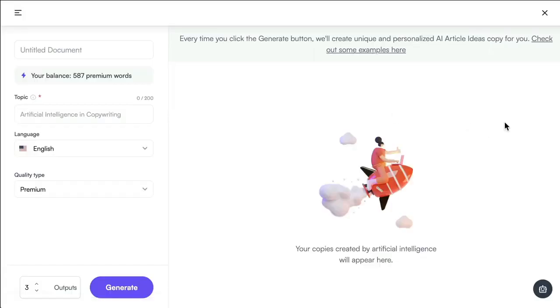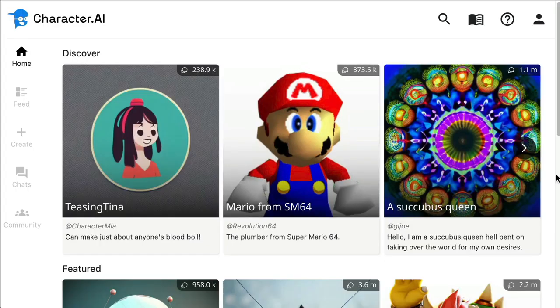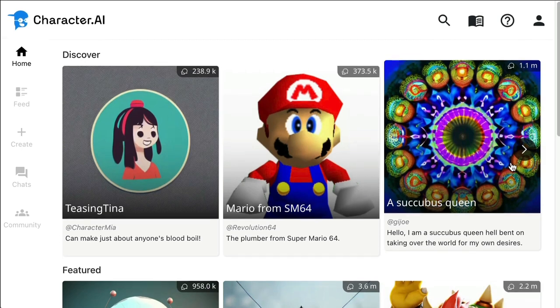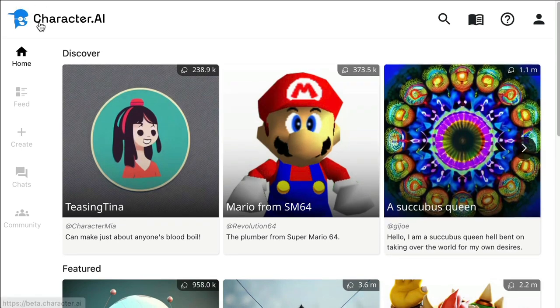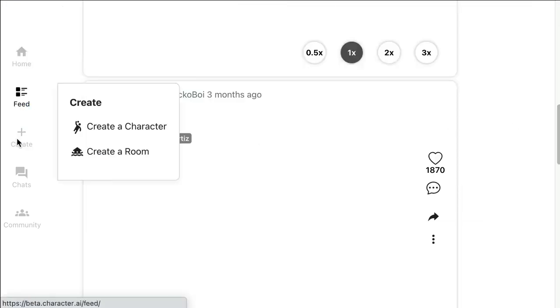So you can obviously play around with these at your leisure. Another couple of ones I came across, they seem really random. One is character.ai. So this particular one, what you can do on this one is you can actually